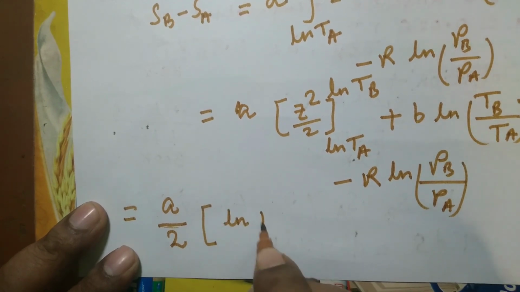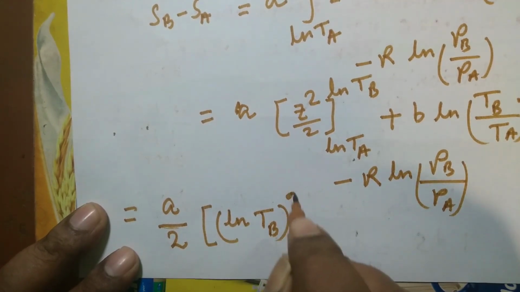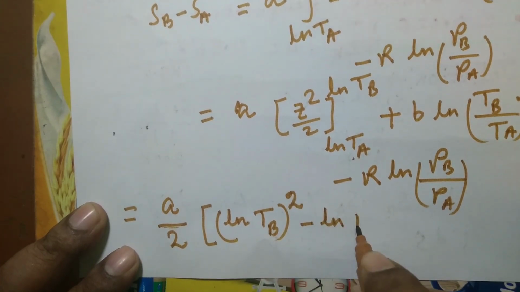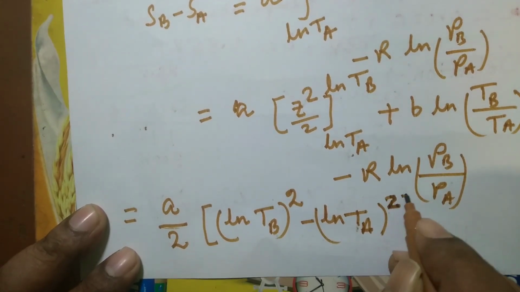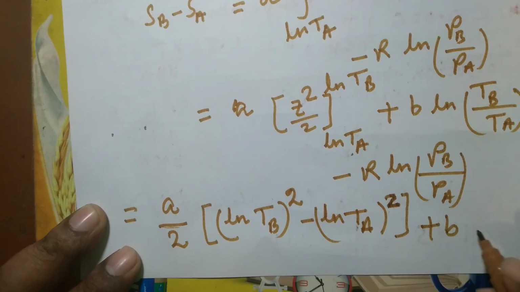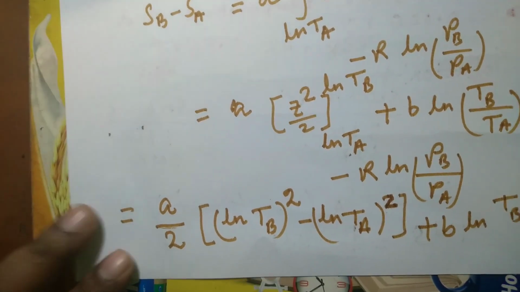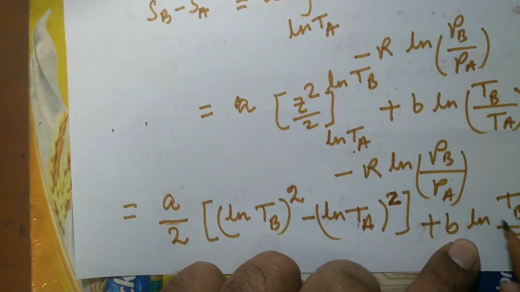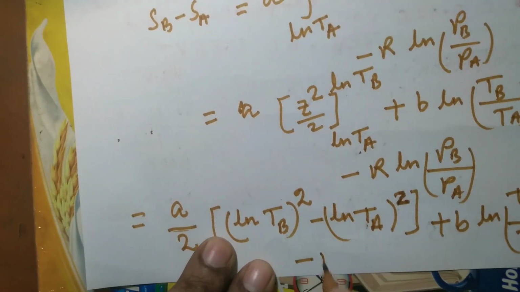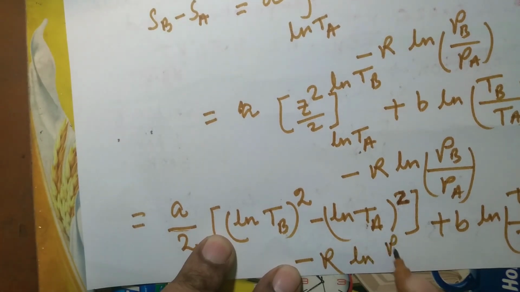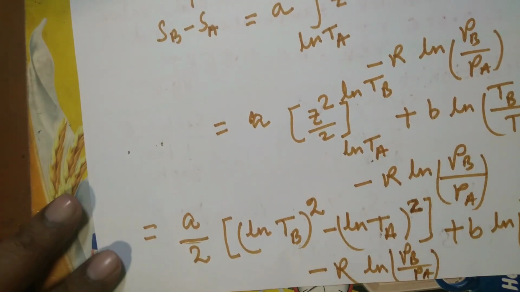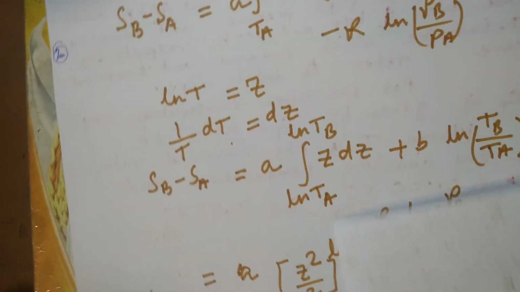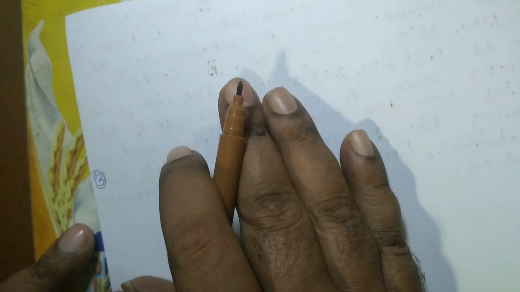This is ln TB square minus ln TA square plus B ln TB upon TA minus R ln PB upon PA. So by putting the values of A and B and TA and TB, we will get this is equal to